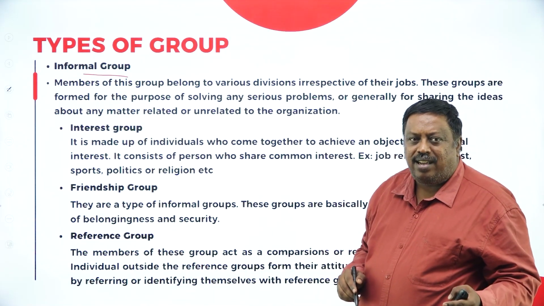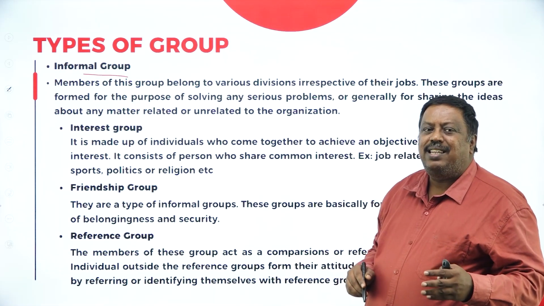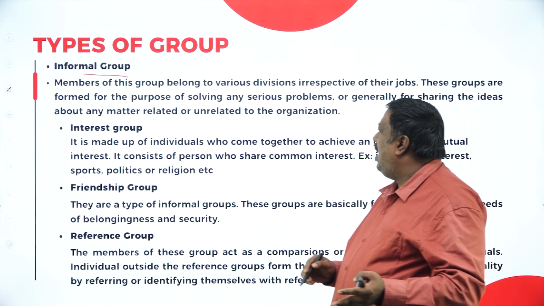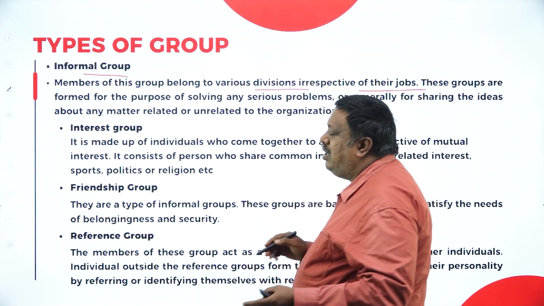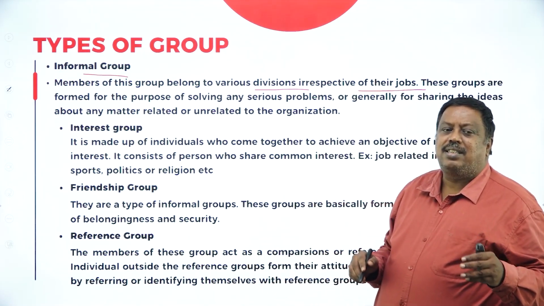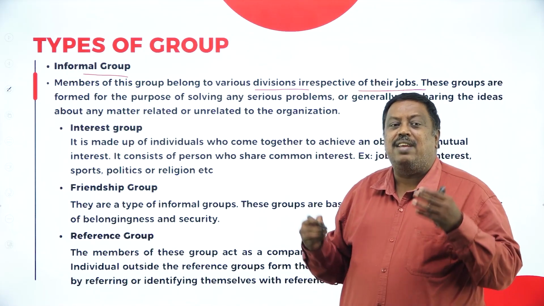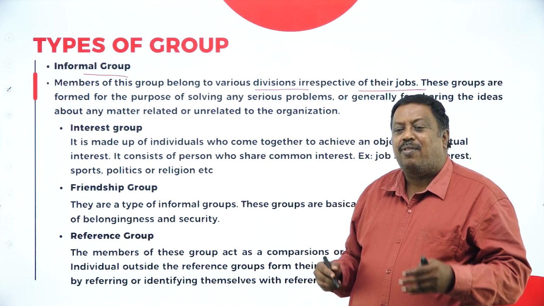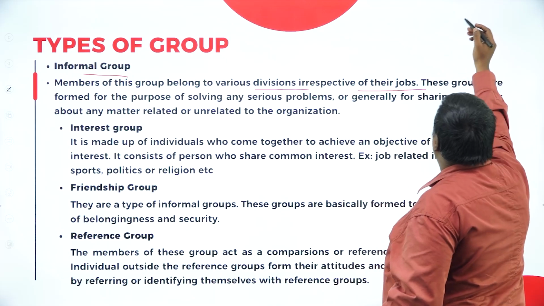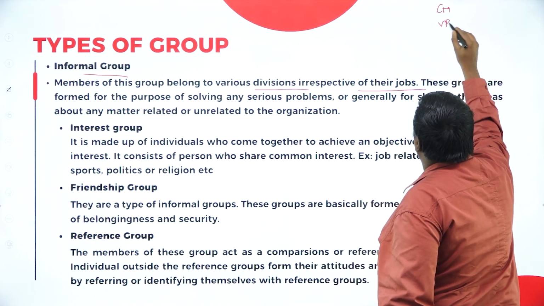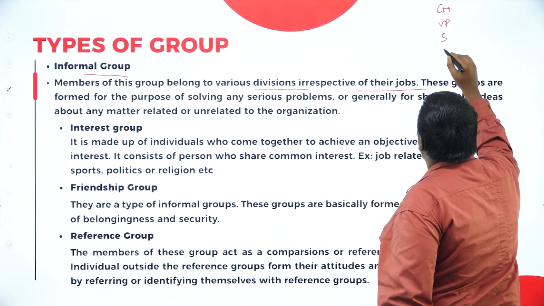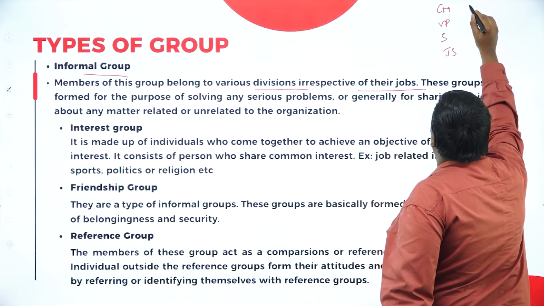The group is created here without any intention. The group may be created here, and it belongs to various divisions irrespective of their jobs. Here, there is no specific person required in this group. Anyone can join here. For example, the hierarchy of the organization: chairman, vice president, secretary, joint secretary, and